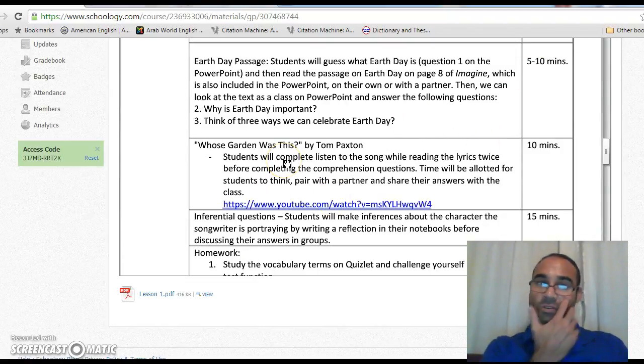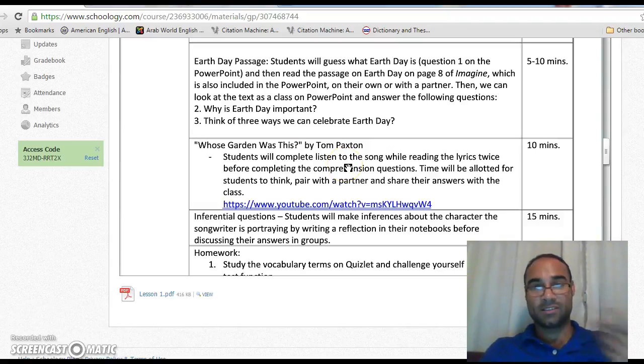Then we've got the song Whose Garden Was This by Tom Paxton. Students will completely listen to the song while reading the lyrics twice. So they'll listen to the song more than once, then complete comprehension questions. Time will be allotted for students to think, pair, and then share with their partner and with the class. And if you have the hyperlink to the video, which includes the song, but if we take a look